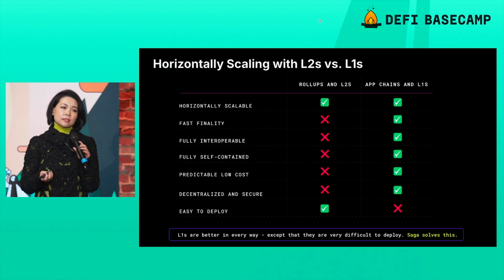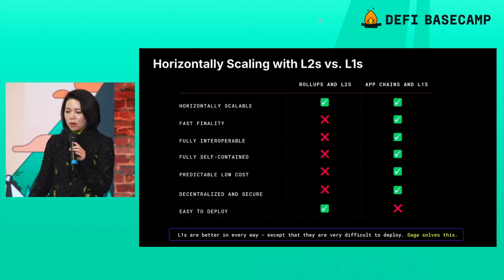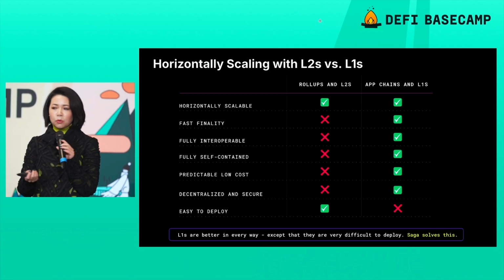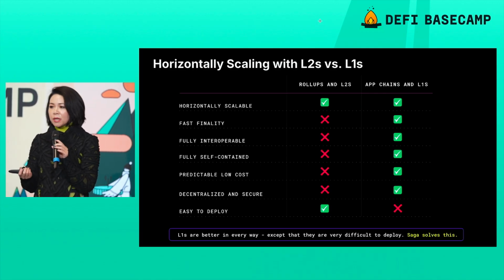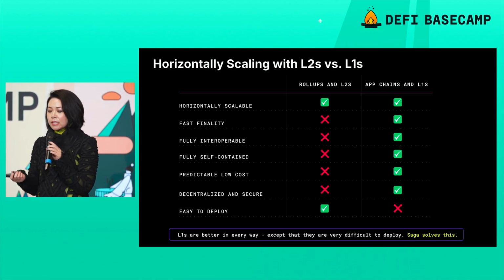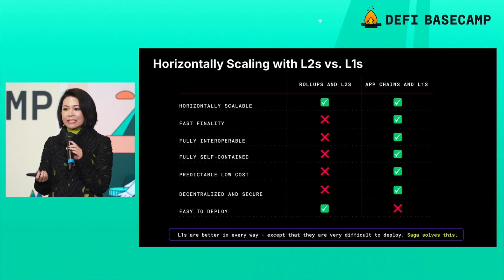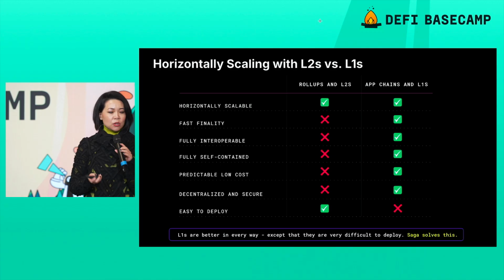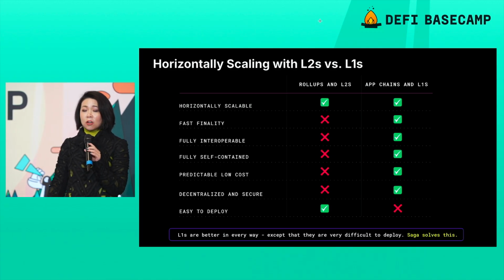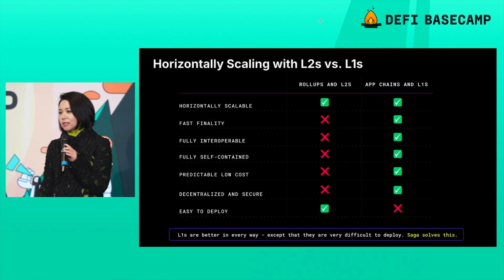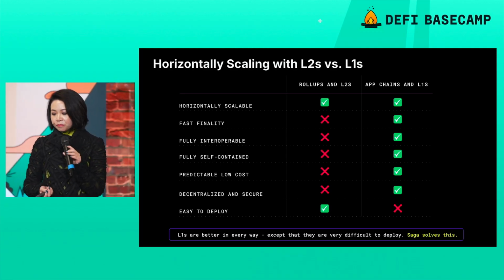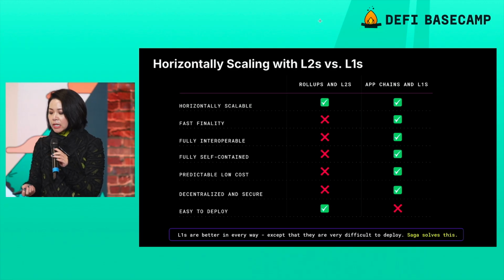Predictable low costs, this is a big one. So right now, it is true that the cost for being on Base, for instance, or any other ETH rollup or L2 is a lot cheaper than being on Ethereum. Having said that, cheaper is still not competitive with zero. So with an app chain and layer one, you are able to get gas costs down to zero. You can also hide gas costs entirely, which is what we've done at Saga. So it is a completely gasless experience to be on chain here. And it's only possible because it is an L1.